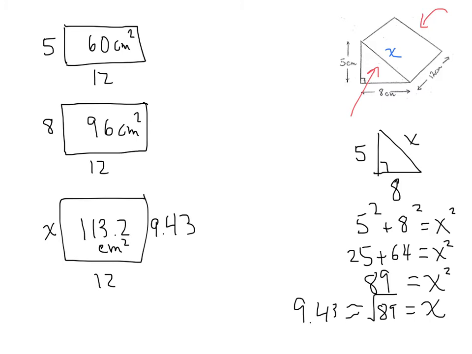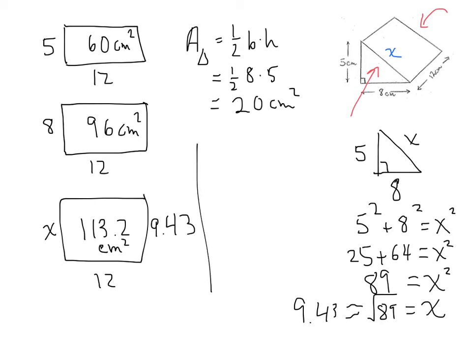So each triangle, the area of a triangle is 1/2 the base times the height, and that's going to be 1/2 times 8 times 5. 1/2 of 40 is 20 centimeters squared, and we have two of those. So that means our area total